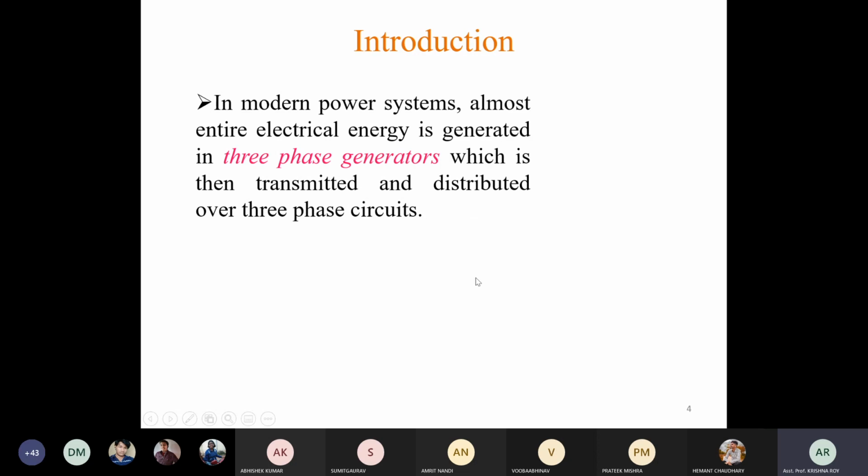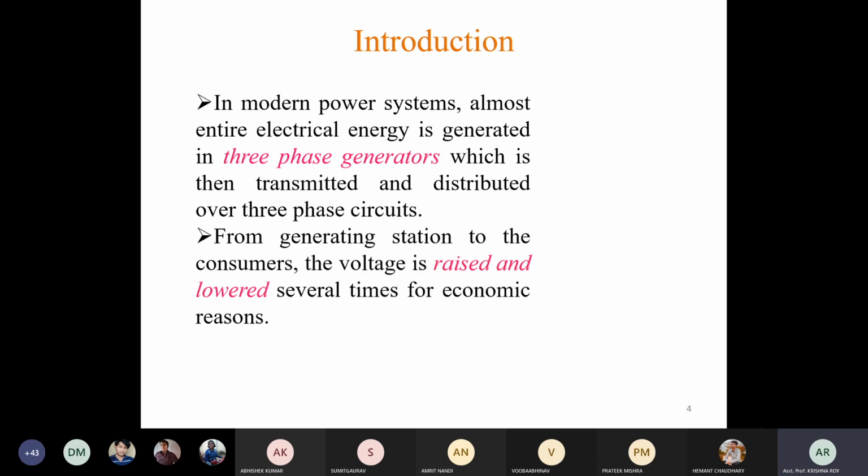So first of all, we know that in modern power system, most of the electrical energy is generated from three-phase generators. Okay, and this three-phase generated power is transmitted and then distributed through three-phase circuits. Okay,